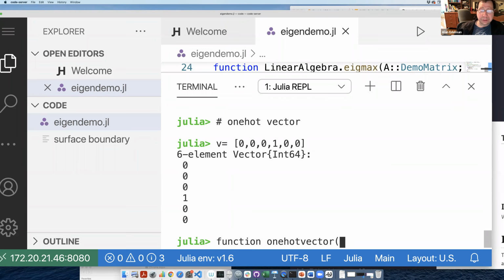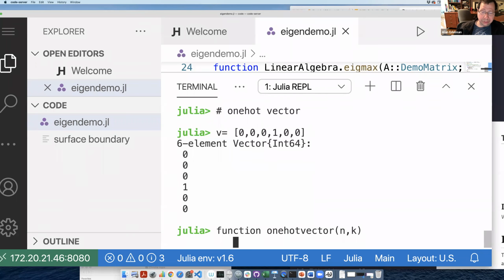Let's see, what are the arguments you would need? You would need a size n and a k, which is the one that's going to be hot, right? There are a lot of ways to do this, but I guess I could do it with a for loop.